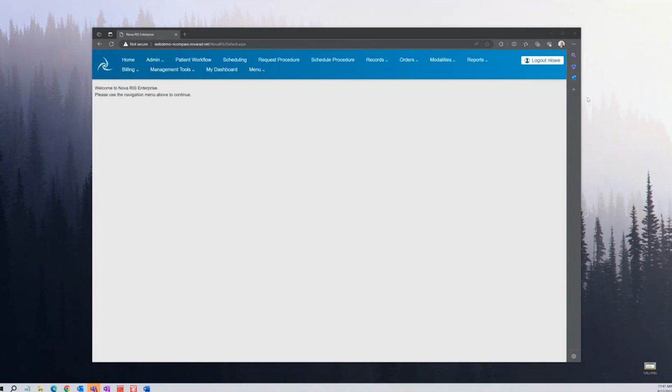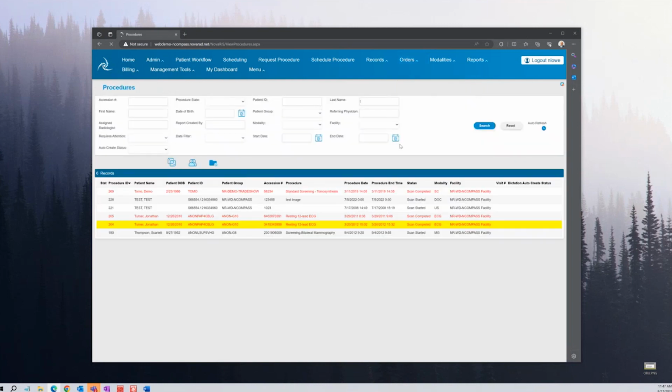Cool. All right. So the very last section, and we're running super short on time, so I'll be brief, is data cleanup in RIS. So the first item I wanted to cover is merging procedures. So we have duplicate procedures. In RIS, we can fix that by going to orders and then view procedures. And you'll want to make sure both of your duplicate procedures are down here. And what we do is these menu items right here don't really have titles, but if you hover your mouse over them, you can see what they are.